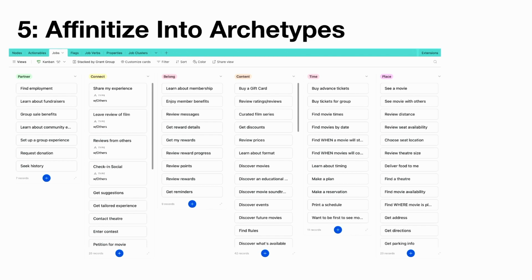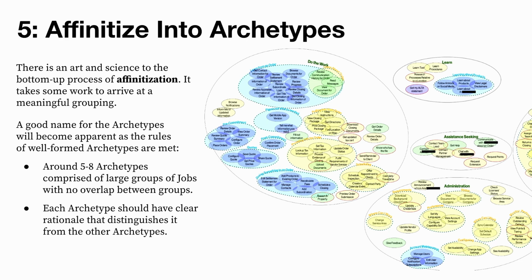But sometimes I find a more helpful way is to get out of Airtable or whatever spreadsheet and dump all the jobs into Miro or something like that and start working in more dimensions to find little clusters. And then you can start to name those clusters, because this is a bottom-up, art-driven as much as science-driven effort to figure out what are the things that go together.